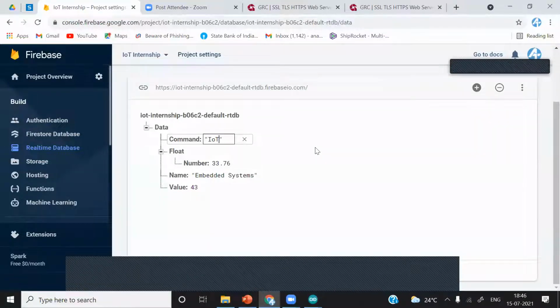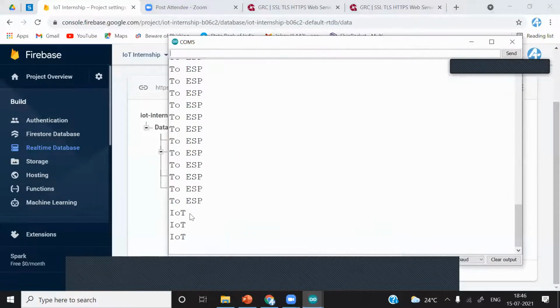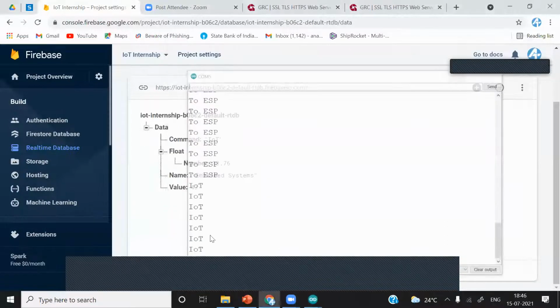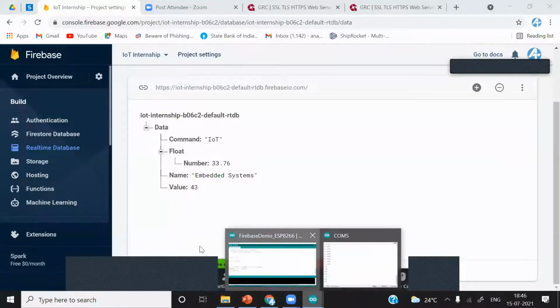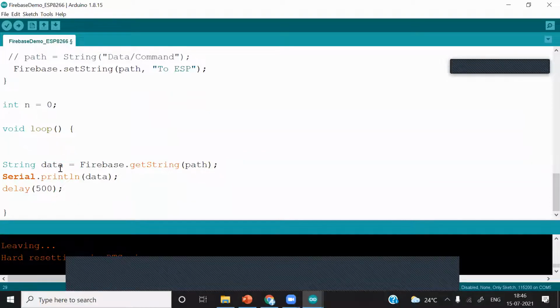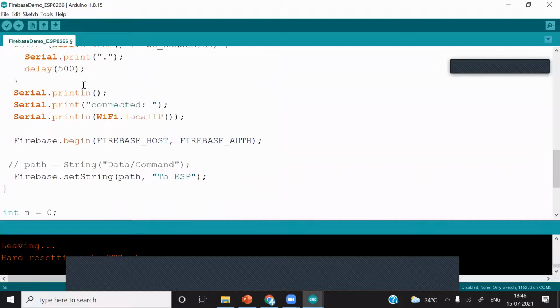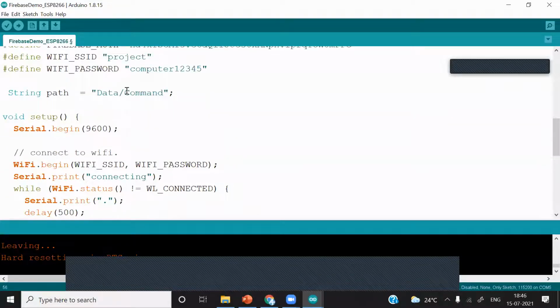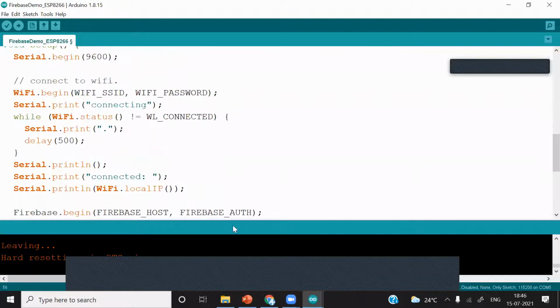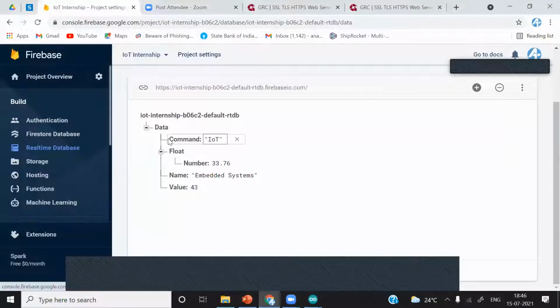I'll put IoT and just hit enter. Now it will print IoT, IoT, IoT every time. You can see here. So what we are doing right now in void loop is reading with get string from that path. What is the path? Data slash command, from this branch. See here, data slash this branch. We are reading this data,